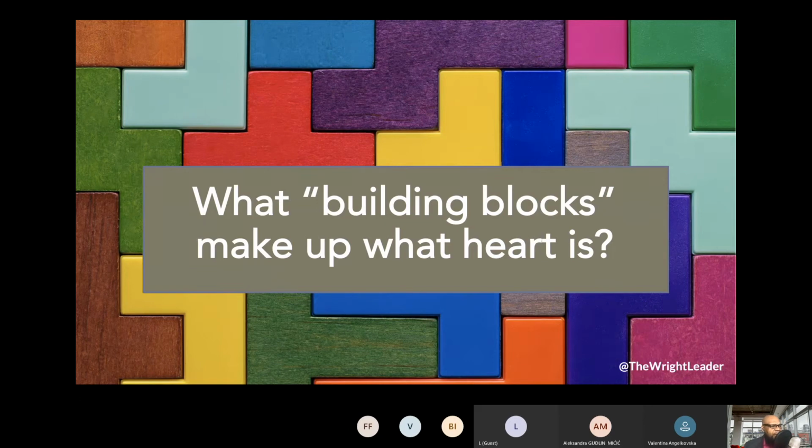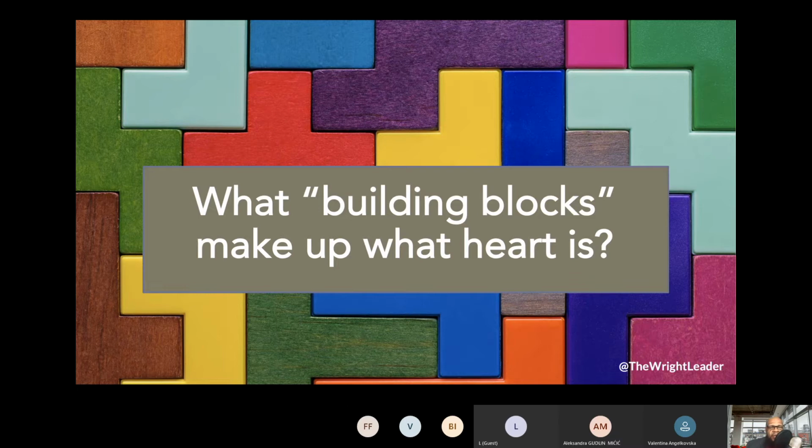So, looking at the different building blocks here, and of course, you see the blocks there in the background. What building blocks make up what heart is? I want you to think about that. What building blocks make up what heart is? And I will share with you, in the interest of time, because there is some other information I want to share with you,